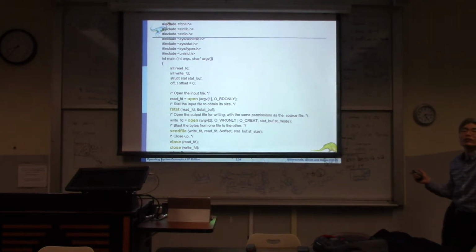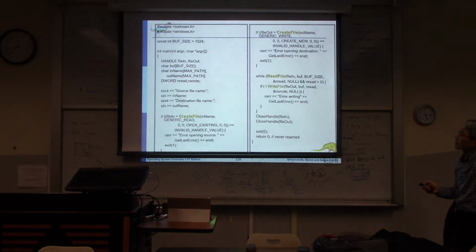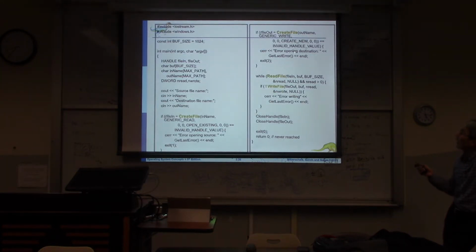If you are interested in more about Unix programming, you can take the Unix programming class offered by, I think, the Avgenie. Later. So this is one of the examples. You can see the green color or yellow color are the system library. What about Windows? In Windows it is the same thing, like ReadFile, WriteFile, and CreateFile. These are the Windows API, Win32 API, so we can use it.